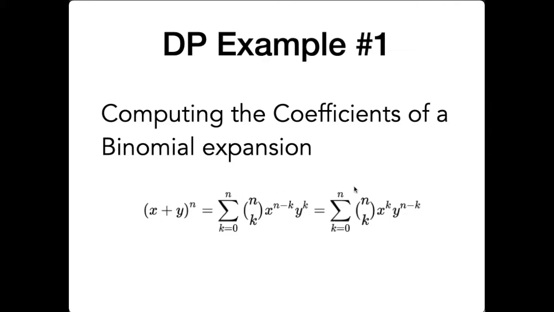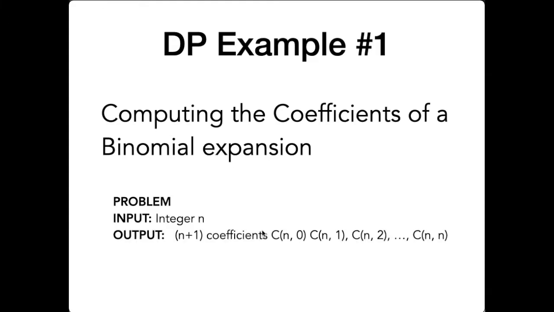So I am showing here a formula stating the binomial theorem. This binomial theorem is just an equation to specify how you will be able to expand this expression. Using algebra, of course, you can just multiply x plus y n times, but using the binomial theorem, you just need to use this formula so that you can have a summation of terms, and that will be your binomial expansion. And the problem that we will be solving is, given an integer n, output the n plus 1